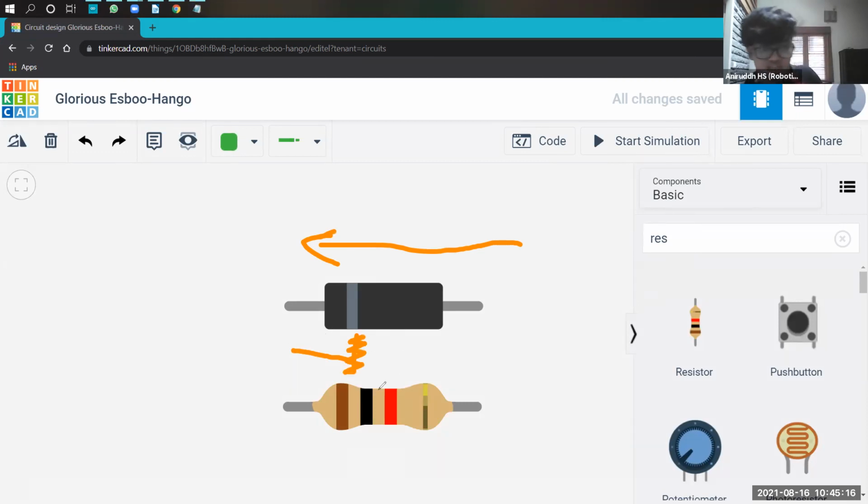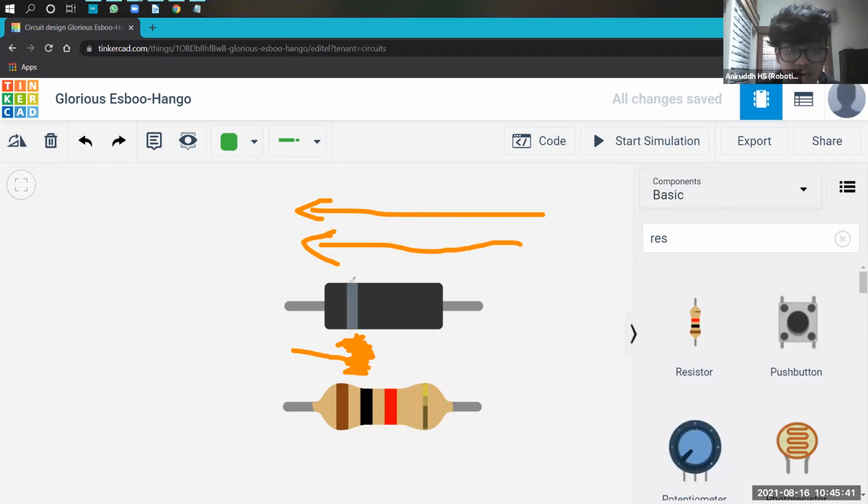Unlike a resistor, which will allow flow in this direction or this direction, and whichever direction the electricity flows in, it will cause a traffic jam. Whereas this thing will easily let the electricity flow in one direction, but in the other direction it will cause a complete full stop traffic jam. It doesn't even allow any electrons to flow in that direction.